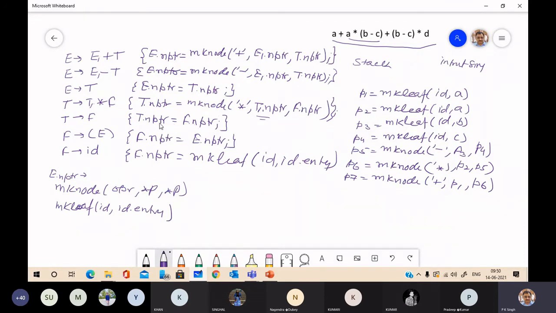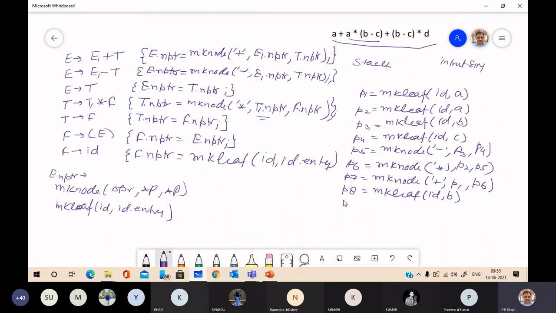Means if it is P2, then it will become P2. So don't confuse. It will execute make leaf for B. A new pointer P8 is make leaf, identifier, and name is B.